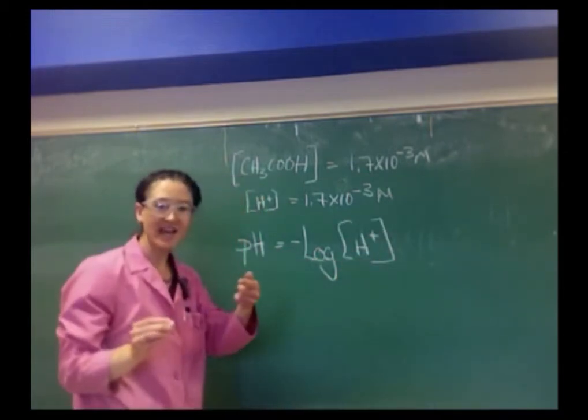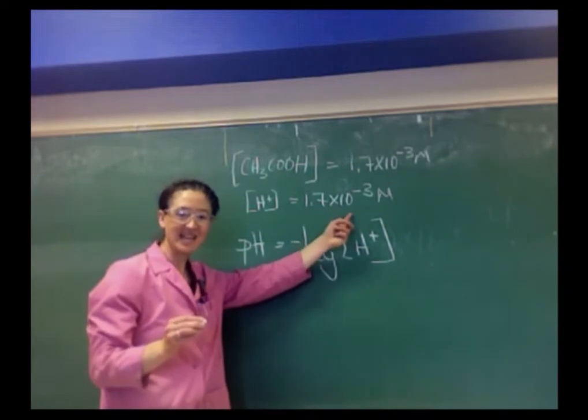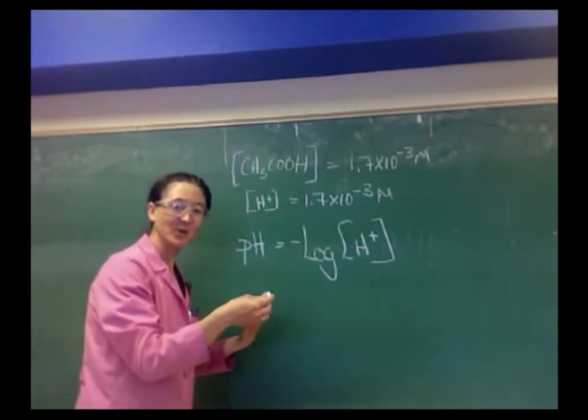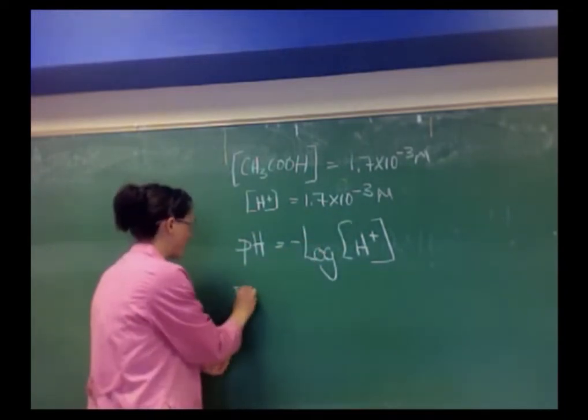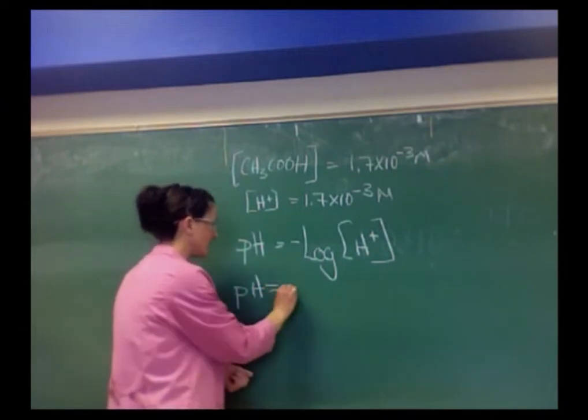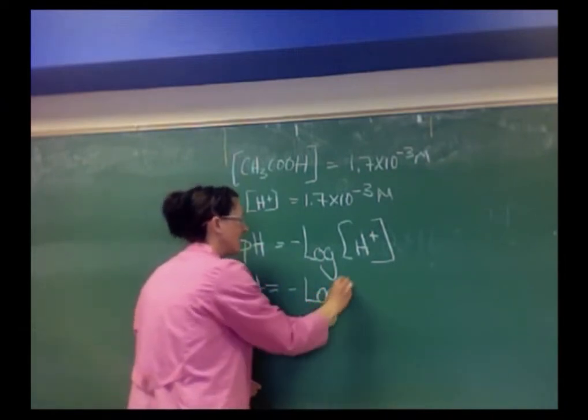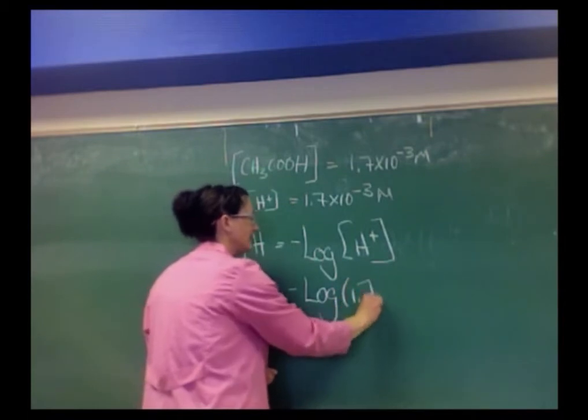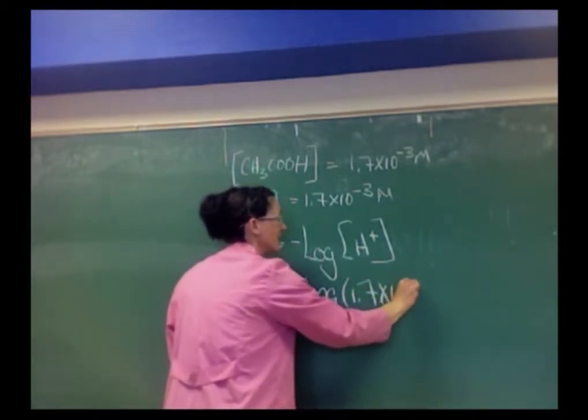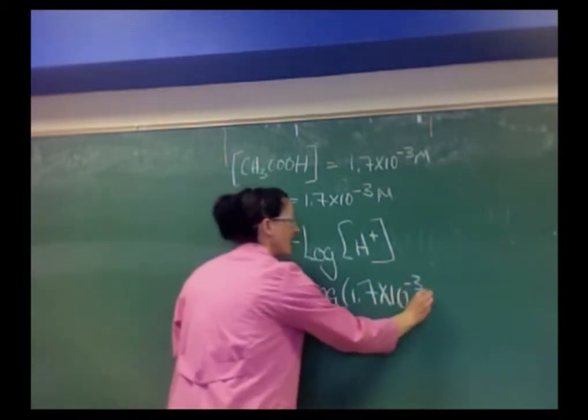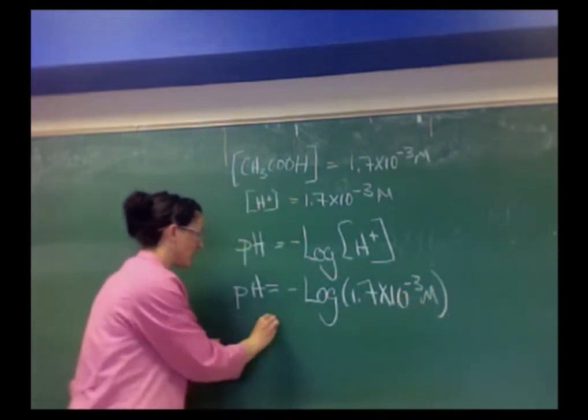And we'll plug in 1.7 times 10 to the minus 3 molar into that equation. So our pH equals negative log of 1.7 times 10 to the minus third,